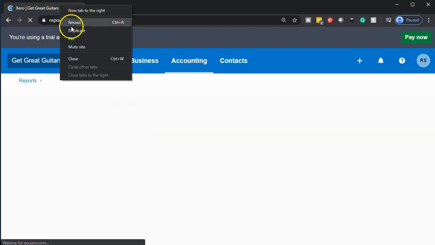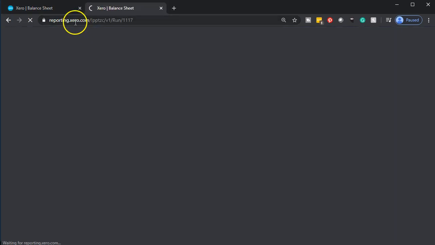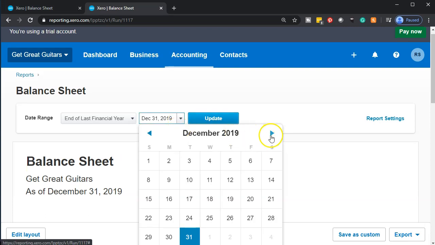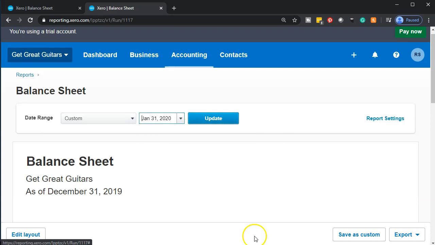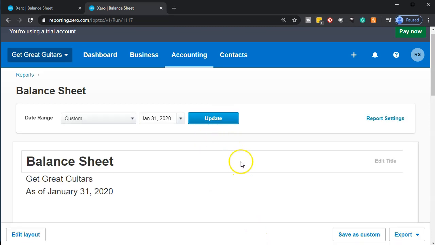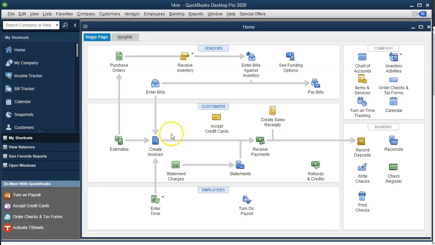So then I'm going to go back up top to where the tab is. I'm going to be right clicking on it and duplicating that tab. We're going to then change the date up top. We're going to make that date 2020. Let's go on ahead and make it January 31st, 2020. Update that report. I'm going to jump over to our flow chart that's going to be on the desktop version